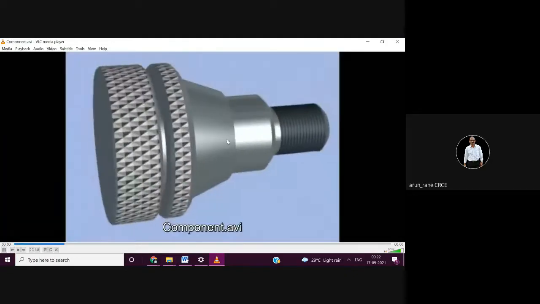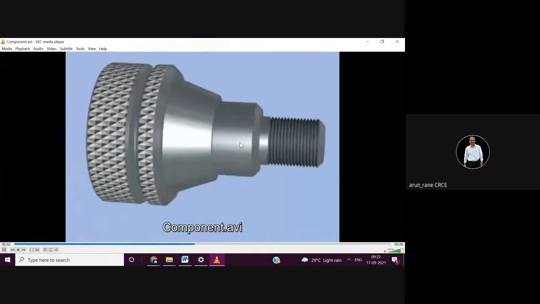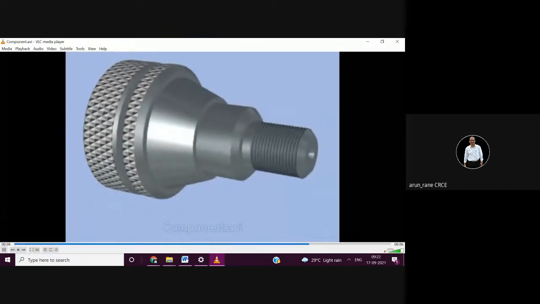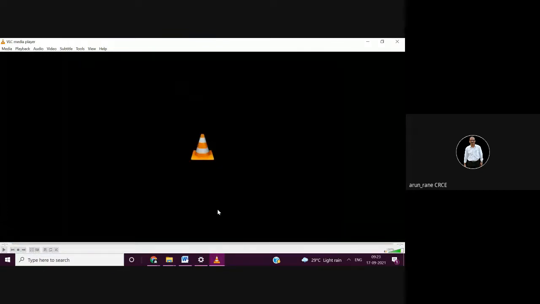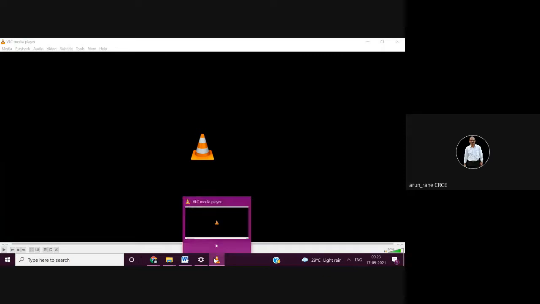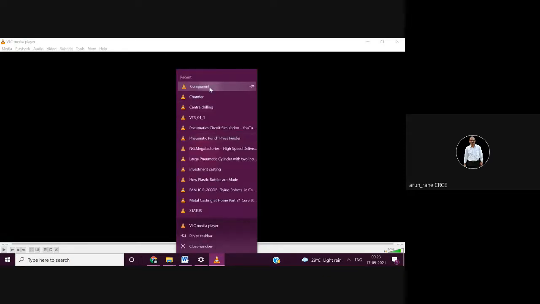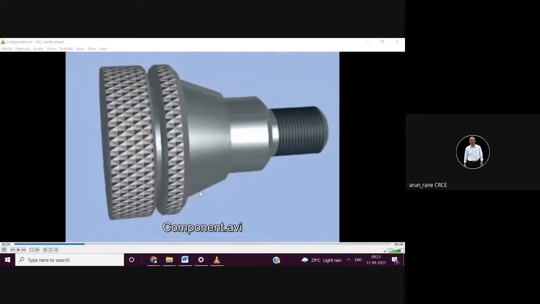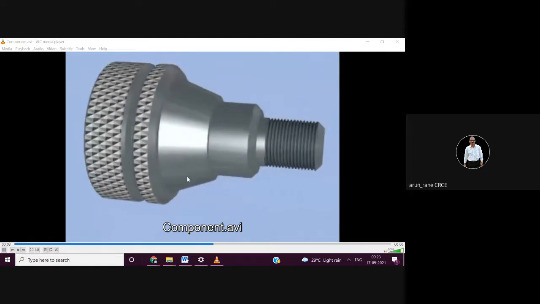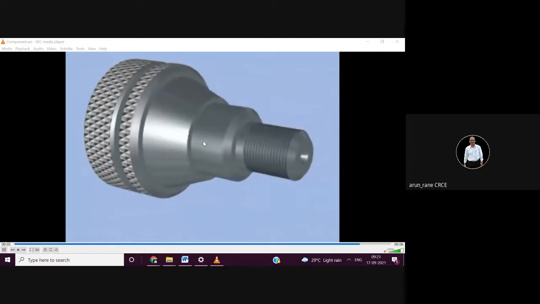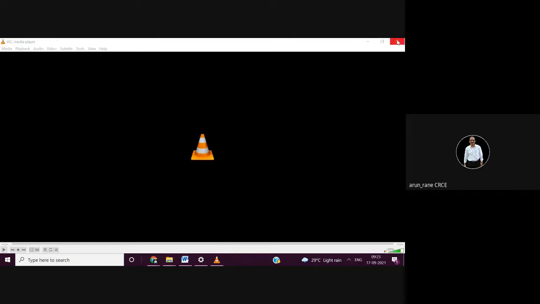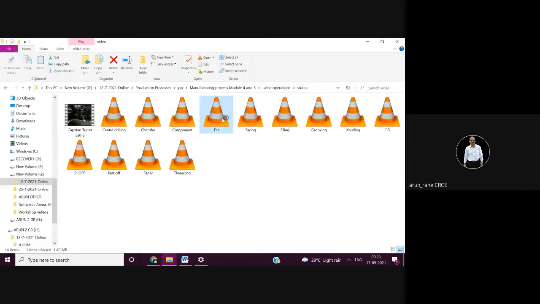This is the component to be done. So there are various operations which have to be done. On this component, there are various operations like knurling, taper, straight turning, grooving, etc. This is external threading done with the help of a die.